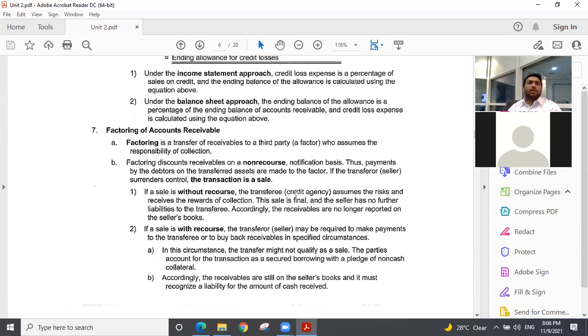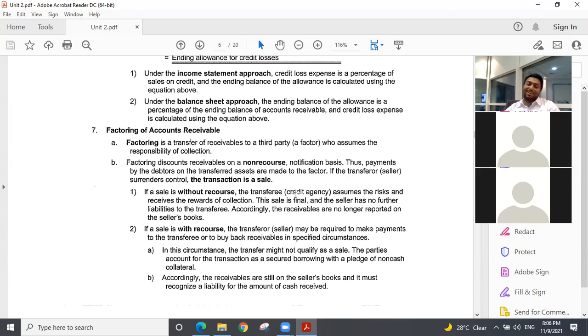As an individual, as a normal person, are you dealing with a factor on a daily basis? As a normal person, are we all dealing with any factoring agent regularly? No, right? So do you have a credit card? No, you don't have? Then you don't have to worry, you don't study this. I don't like credit cards. Okay, you have debit cards? Yes, I have. You swipe your cards in shops.